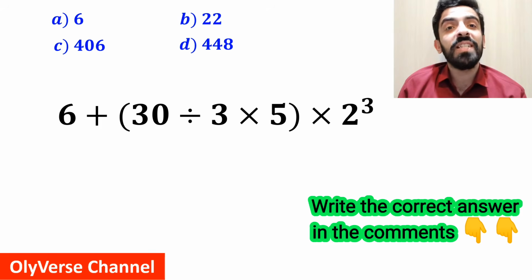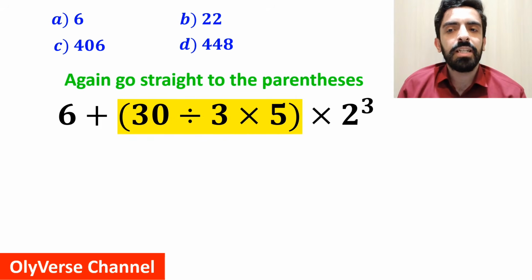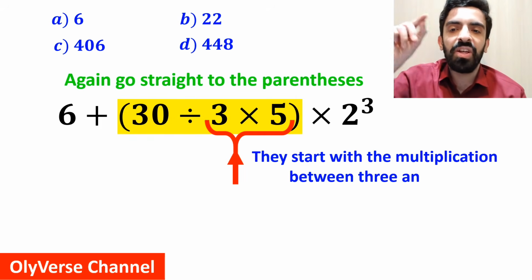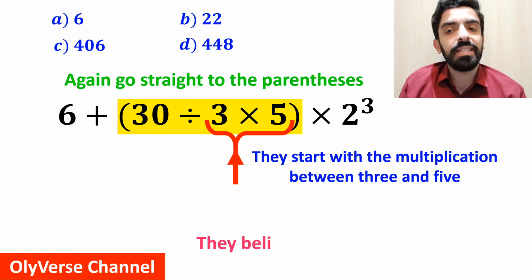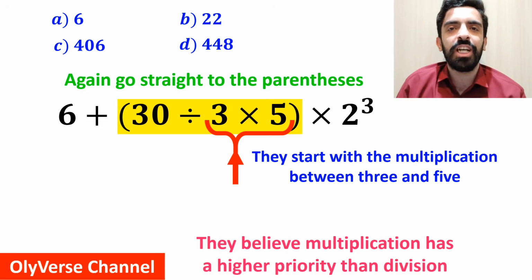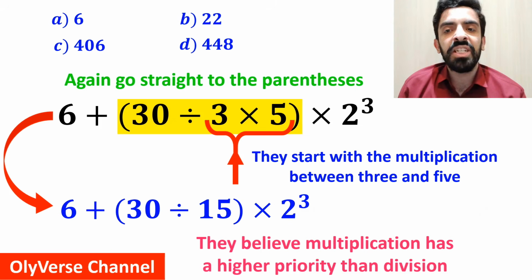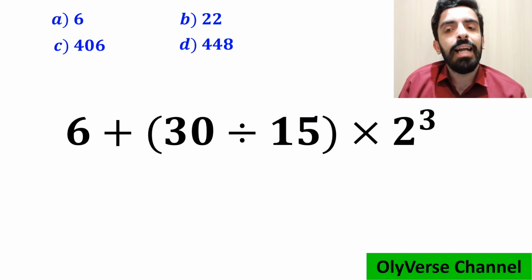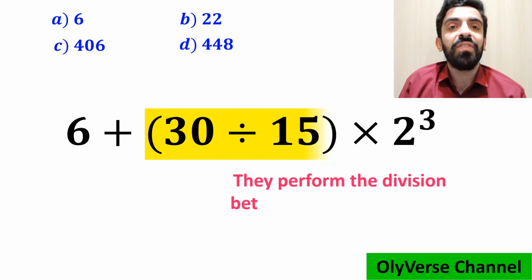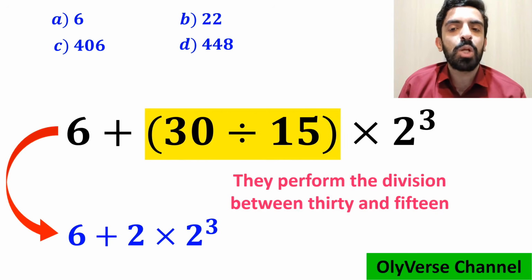Also, some other people when solving this question again go straight to the parentheses, but this time they start with the multiplication between 3 and 5 because they believe multiplication has a higher priority than division. So, they rewrite this expression as 6 + 30 ÷ 15 inside the parentheses, then multiplied by 2³. And the next step, they perform the division between 30 and 15 and simplify this expression to 6 + 2